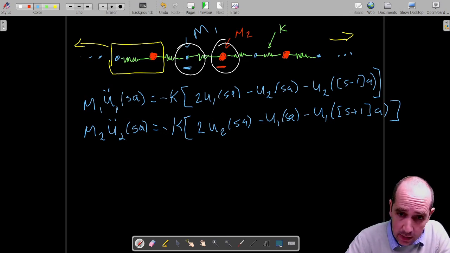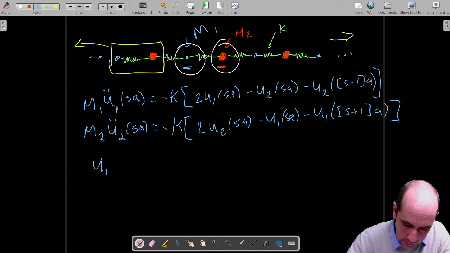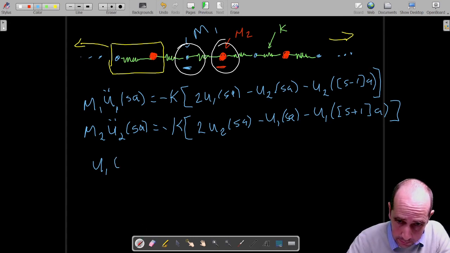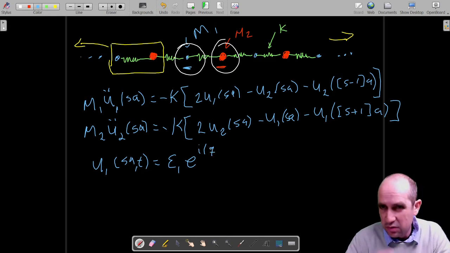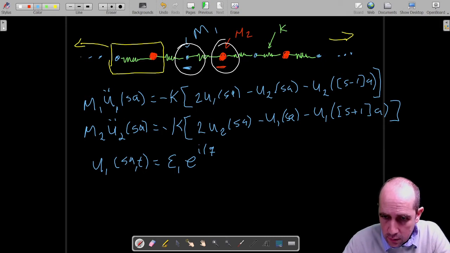So we can assume that u1 of sa comma t will be equal to some amplitude A1 times e to the i, and we use q here instead of k, just because that's the usual notation we use for phonons, but it is a plane wave just like any other plane wave we've seen before,